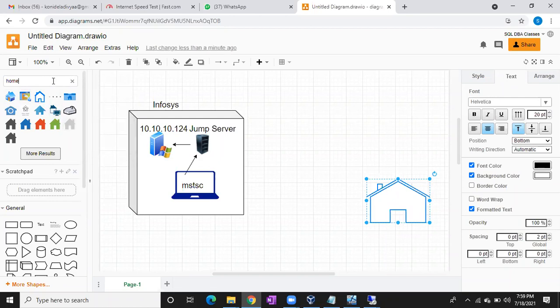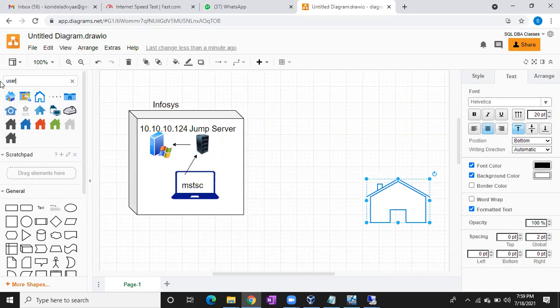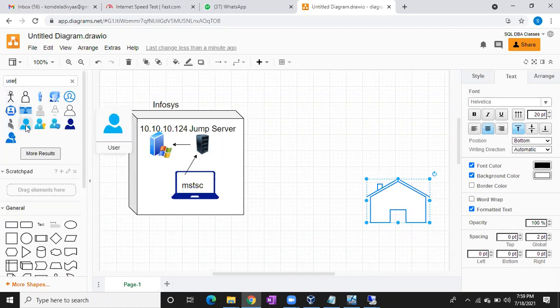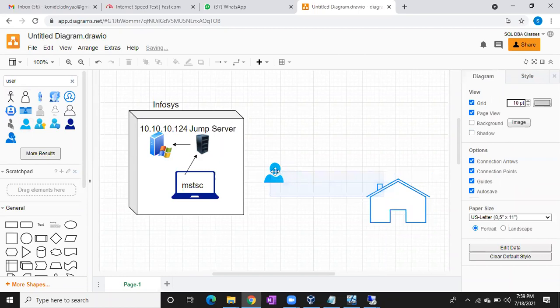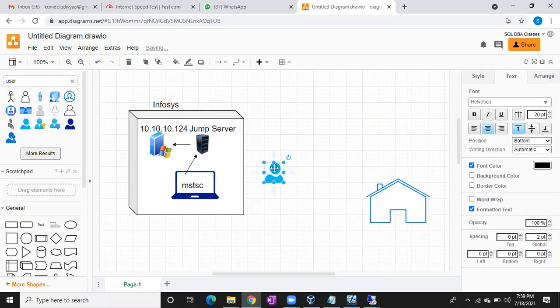Let me change the user now. Yeah, this is fine. So he is the user, doing work from home, and he has his laptop with him.